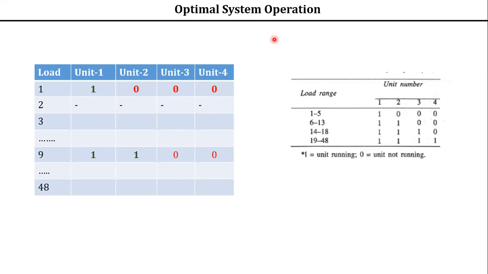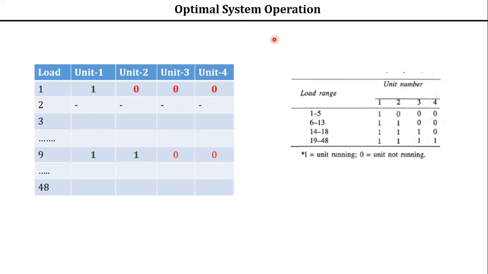Hope you have understood this unit commitment. Is it clear? There are so many things in unit commitment. Now, what is the difference between this and economic operation? After unit commitment only, the economic operation, what we have studied in the earlier classes, comes. In the economic operation, the cost characteristic equations are given for 2 units or a maximum of 3 units. Understood? From where did you get these 2 cost curve equations? From this unit commitment table only.